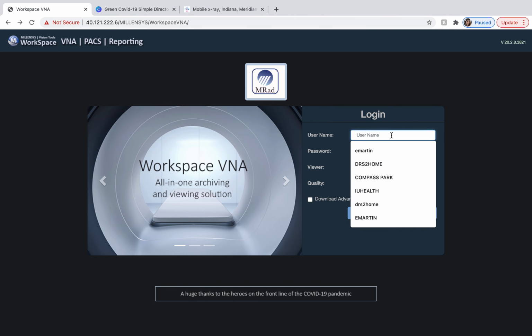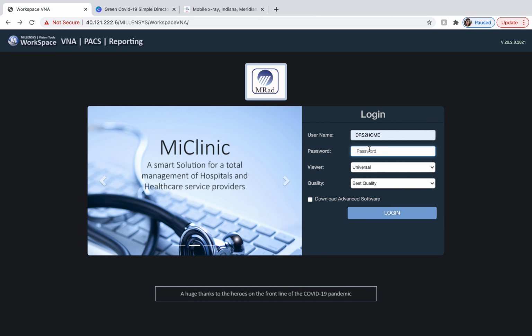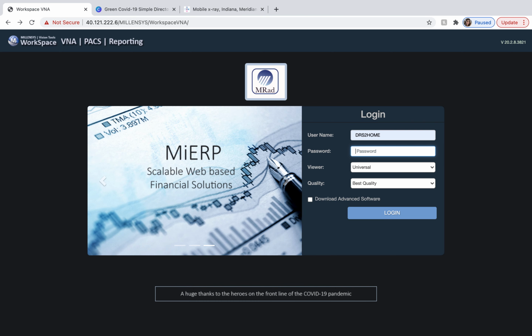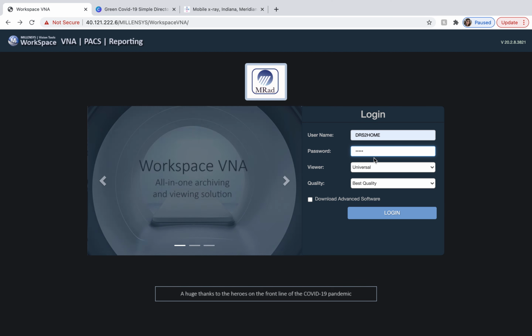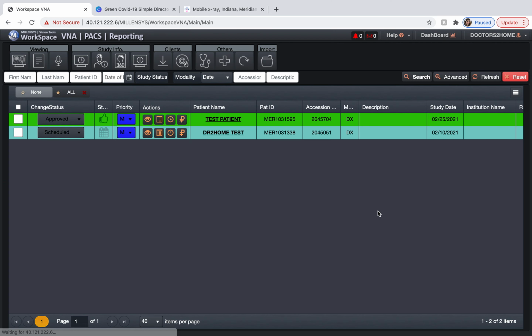So we're here now, so you want to log in with whatever your unique username and password is. We're going to log in under this demo one for today. The username is not case sensitive, the password is case sensitive, so you want to make sure you're getting that uppercase or lowercase correct. We'll log in here, and this is going to launch your view, your database of all